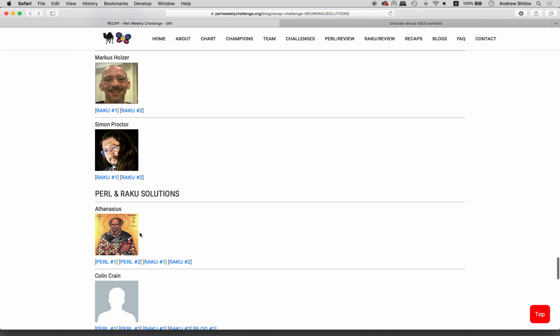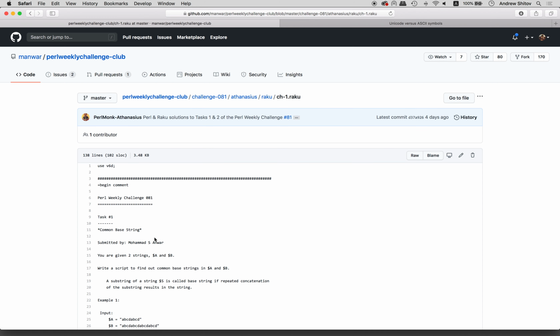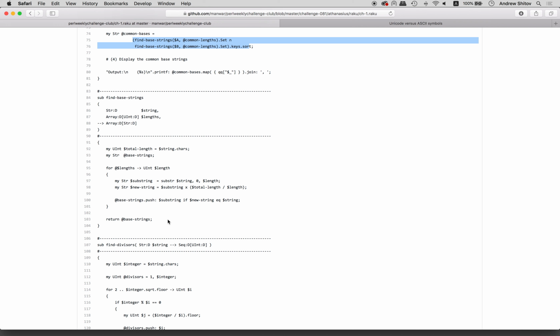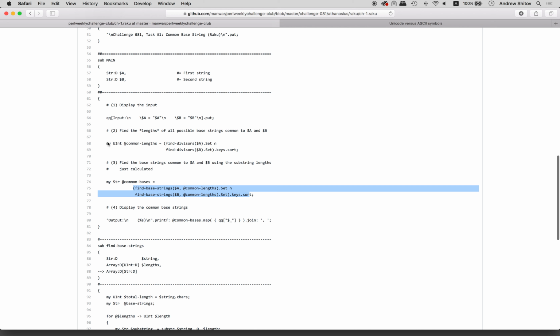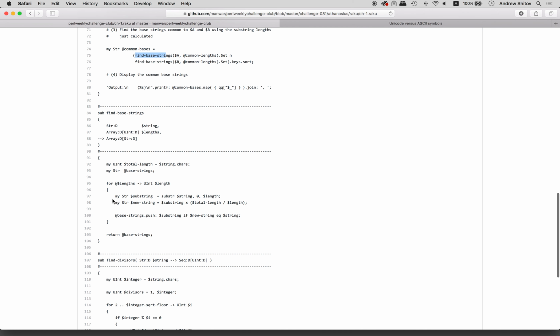Okay, going next, Athanasius, Raku number 1. So here it is, and there are some explanations. First we find the common lengths as an intersection, and then common bases, again basically the same code, just a different function. So where do we start? Yeah, we start here. Common, let's look at this. Find base strings is the function that